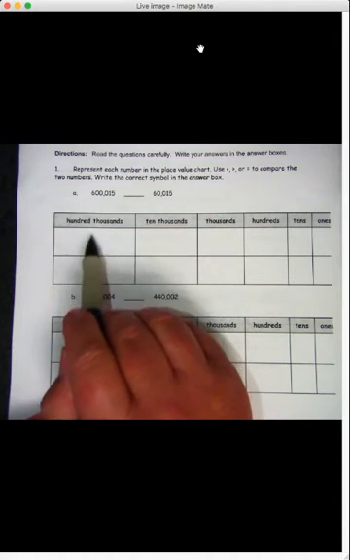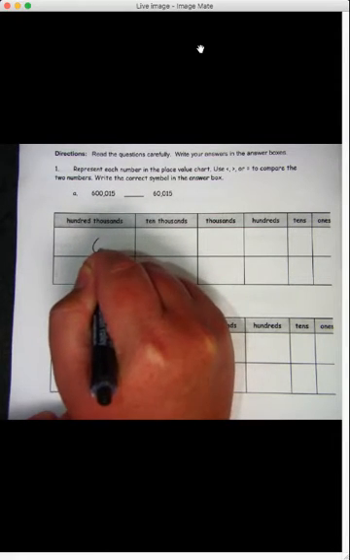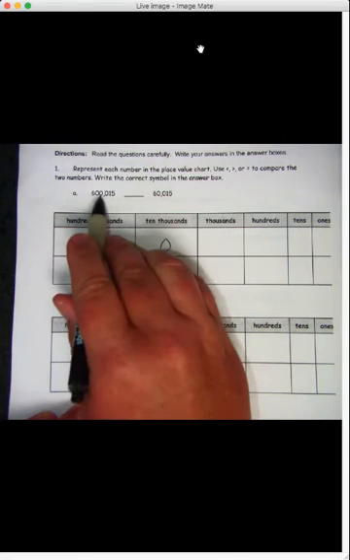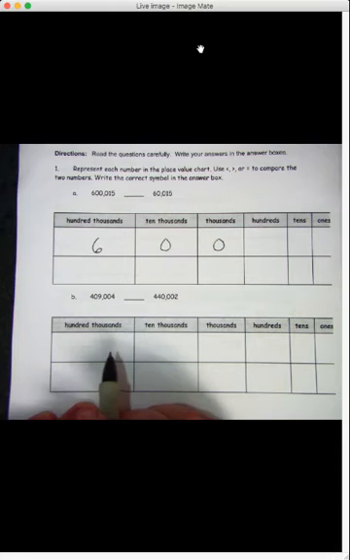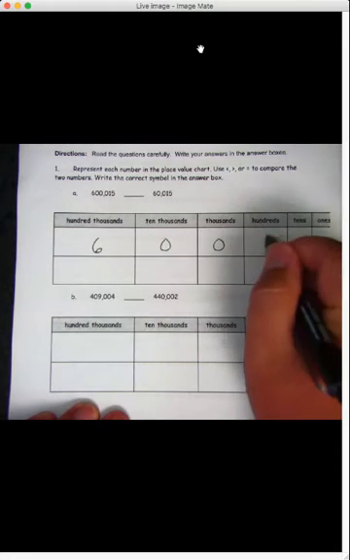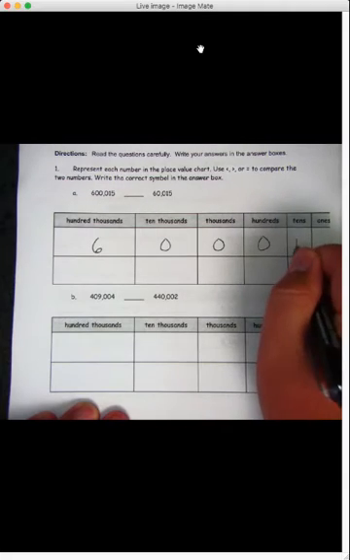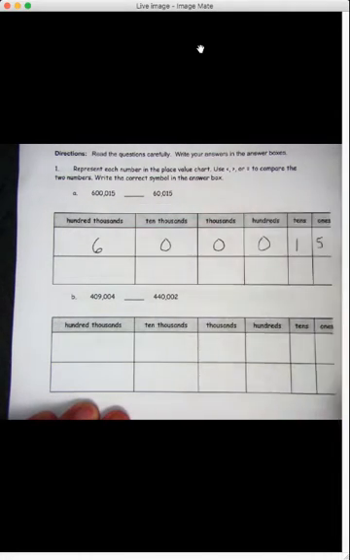600,015. We have in the 100,000s place, we have a 6. We have a 0 in the 10,000s place, a 0 in the thousands place, a 0 in the hundreds place, a 1 in the tens place, and a 5 in the ones place. Okay, now let's take a look at our other number,